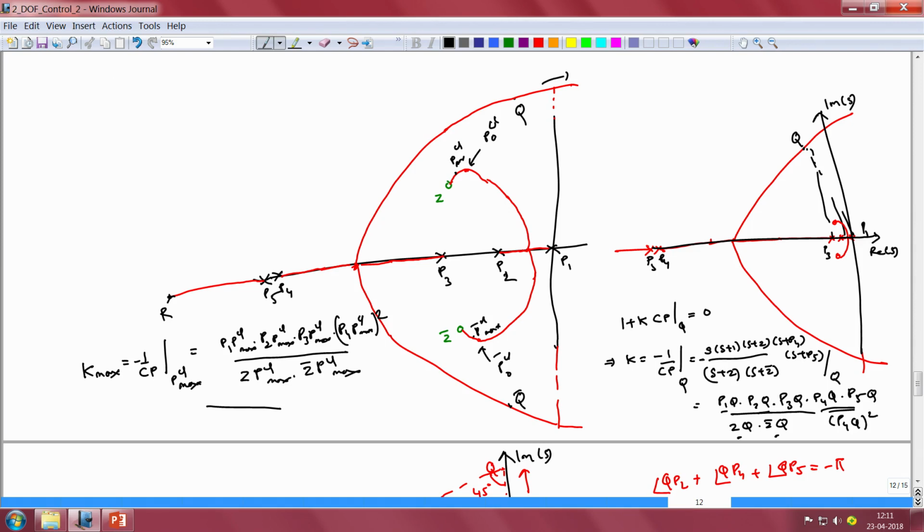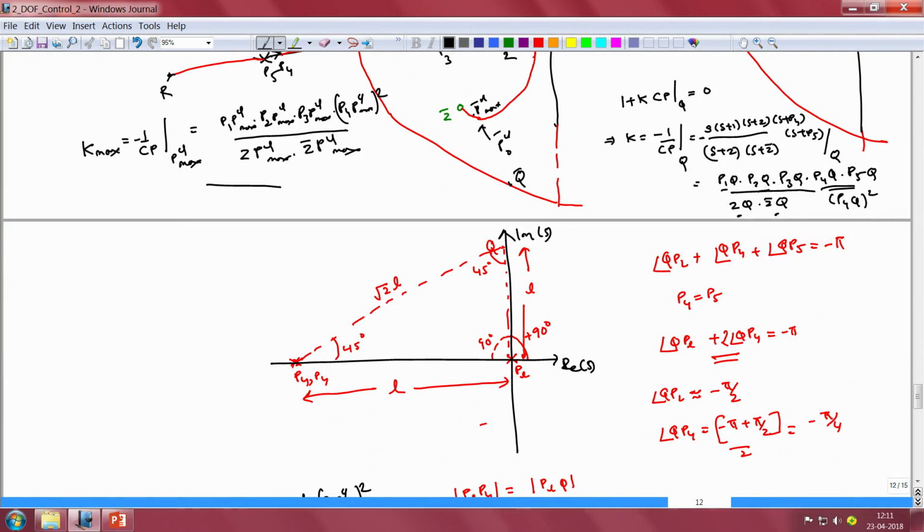Now we noted that since the points P4 and P5 were assumed to be very far away from the origin, then in a plot where we indicate the locations of the 3 plant poles and the 2 controller zeros, these 3 plant poles and 2 controller zeros that are near the origin will appear as though they just constitute a single lumped pole at the origin. In other words, the big picture of the root locus gets simplified to something that looks like this.